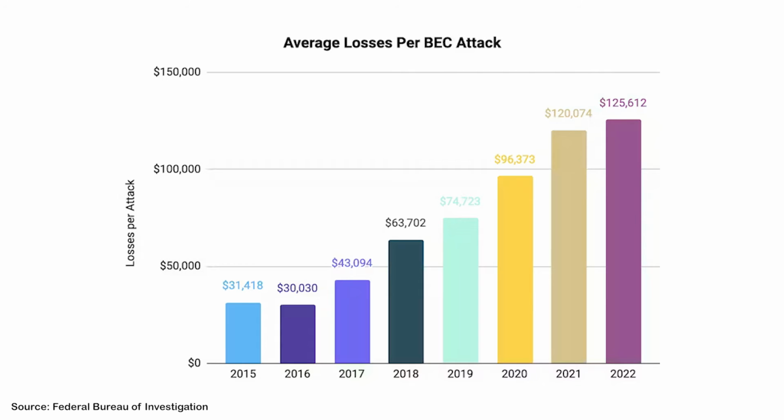Over the past 5 years, losses from BEC attacks have more than doubled, growing by a staggering 111% between 2018 and 2022. And in the 8 years since the FBI IC3 began reporting on BEC, total losses have risen by more than 10 times. Additionally, the average amount lost per BEC attack was higher in 2022, at just over $125,600, a 300% increase since 2015.